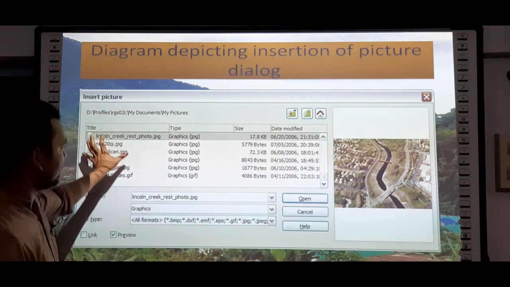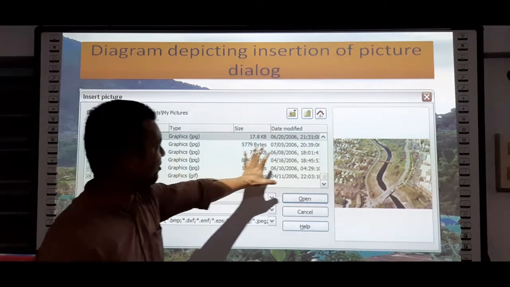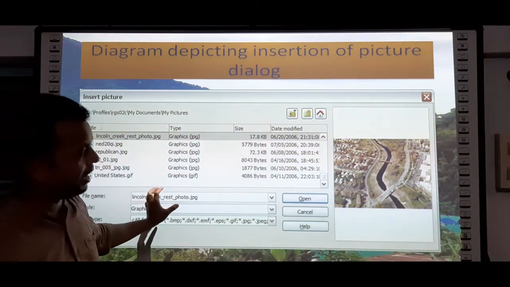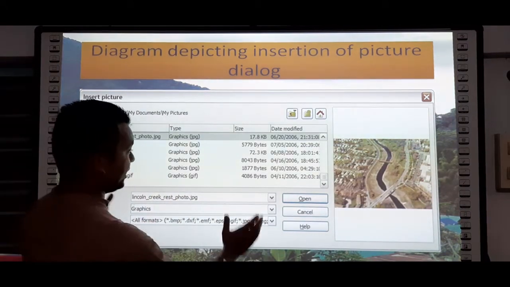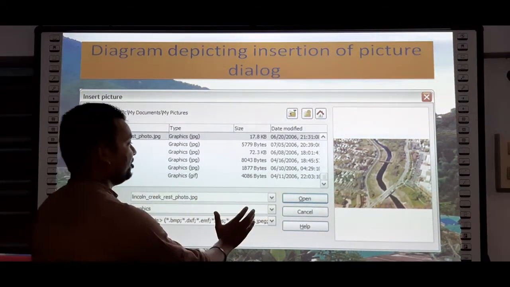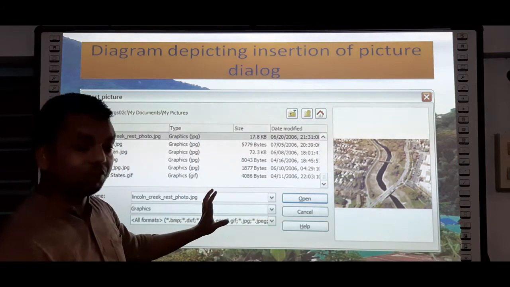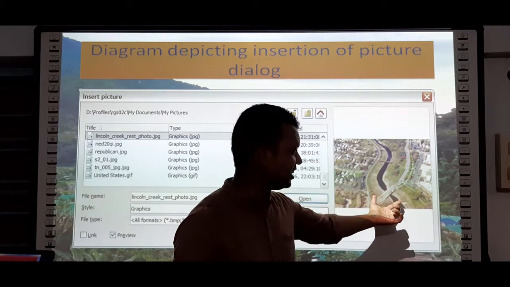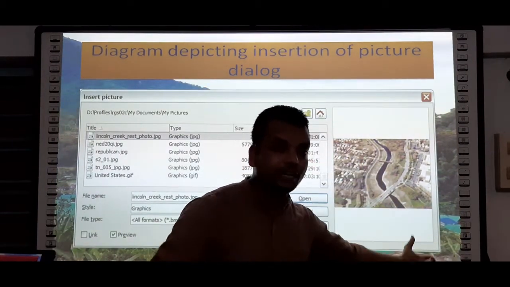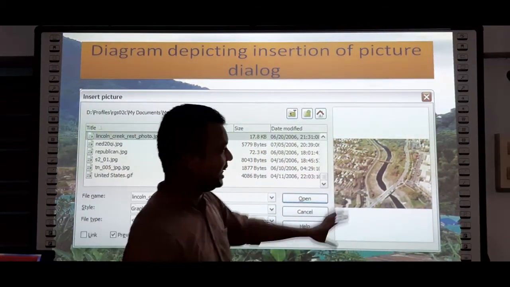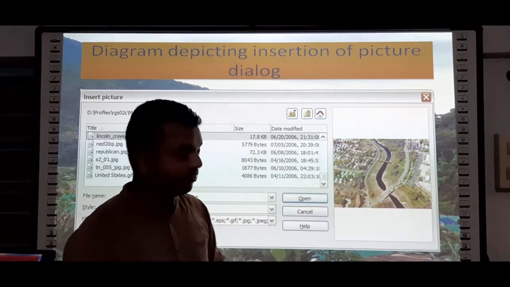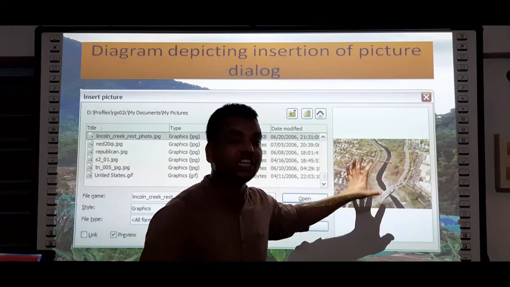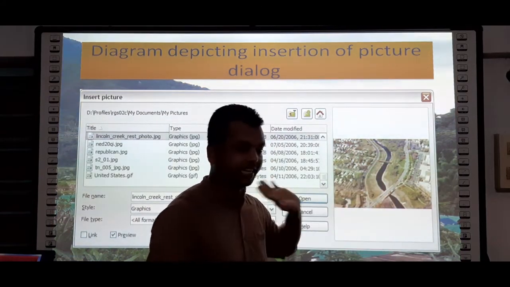See here, from a particular folder, the particular file has been imported, and before embedding, before attaching, before fixing that file in our openoffice.org document, a preview option came up on the right hand side. Correct? This is a thumbnail. This is also called the thumbnail preview option, so that it becomes evident to us that the image which we are inserting in our document is correct.